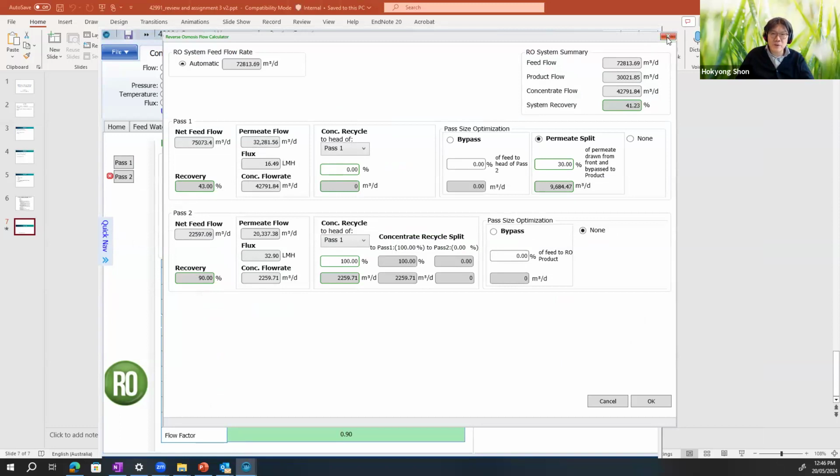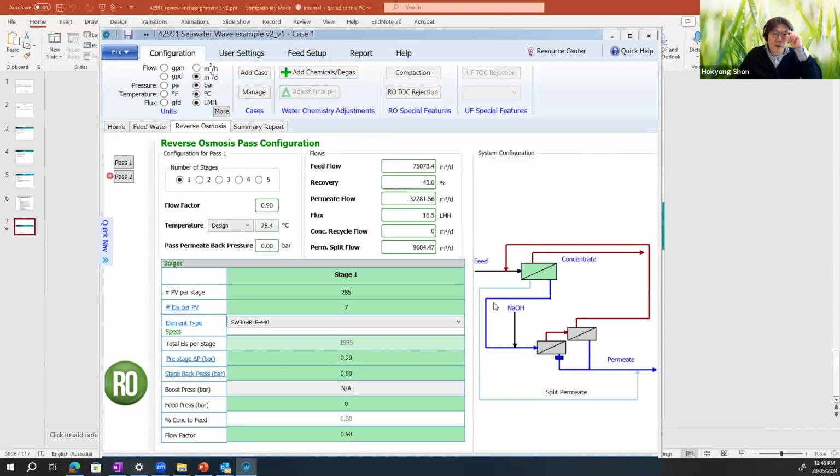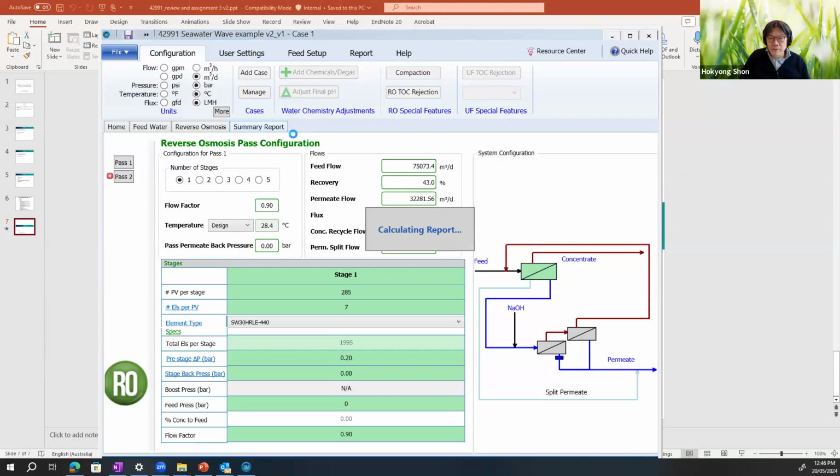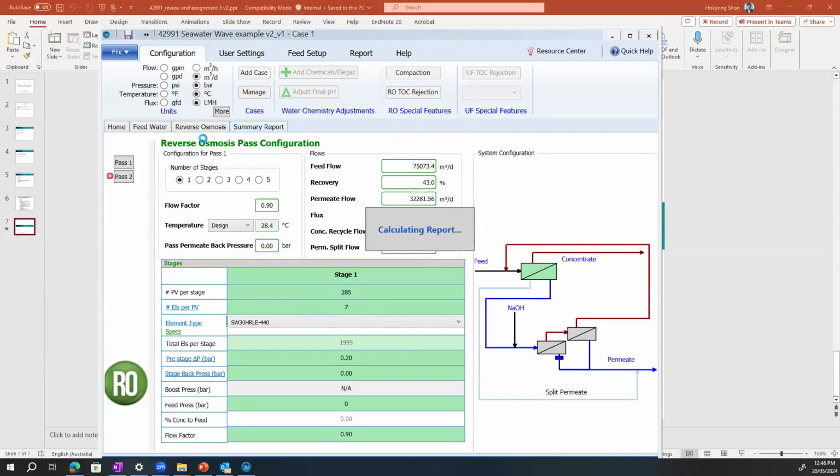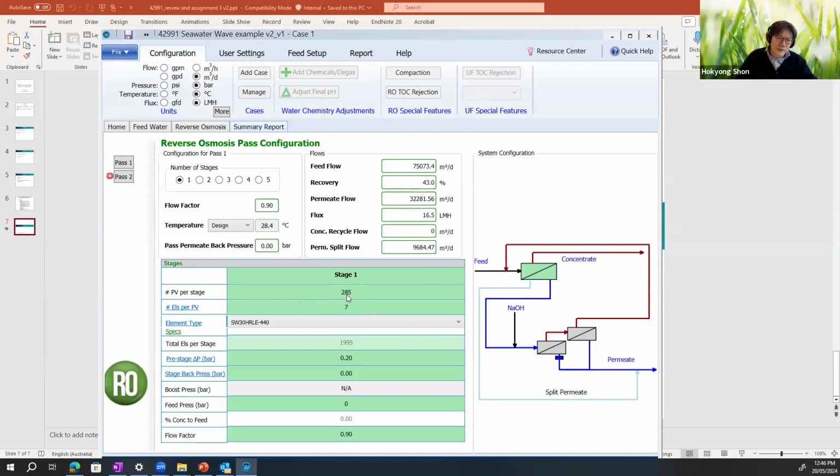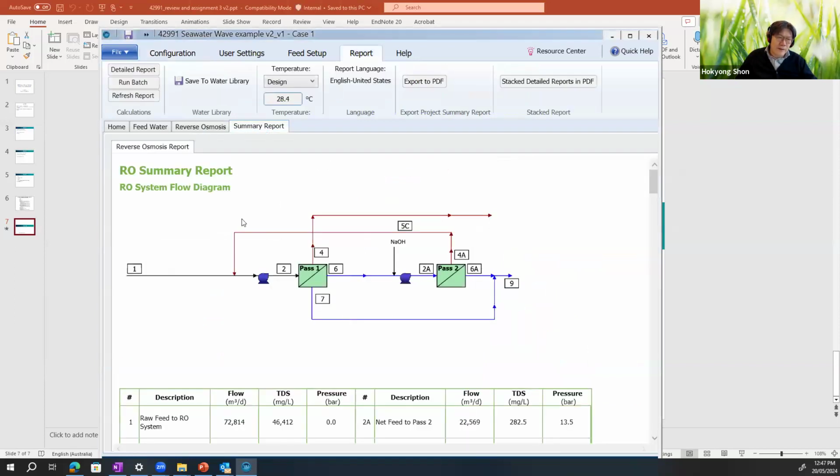So that's how we design this system overall, and then we click the summary report based on this. What you may have mistaken is how many pressure vessels, how many elements, and your recovery, and this would give you the design warning error message. But when you design the right number of pressure vessels and elements, let's say